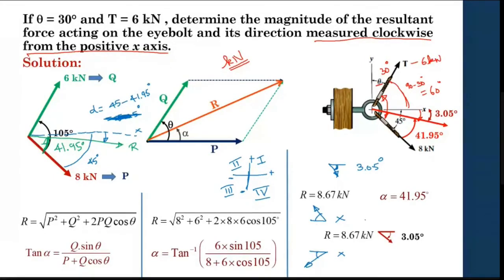The same, I can also draw it like this, right? I can also draw it like this. This is also the second quadrant. But here, the angle is with respect to the y-axis. So this is very, very important. So this is my magnitude and this is my direction, right? So you have magnitude and direction.